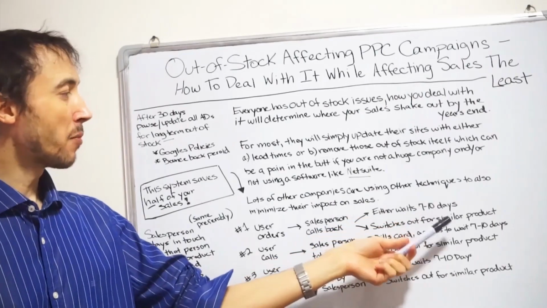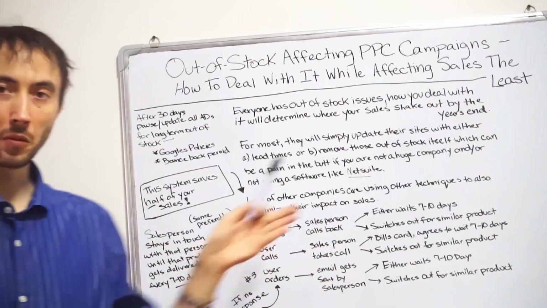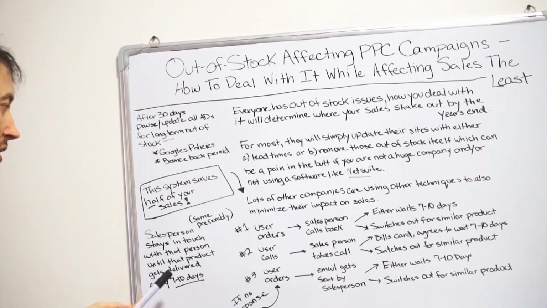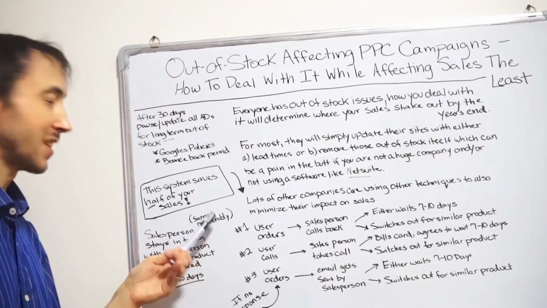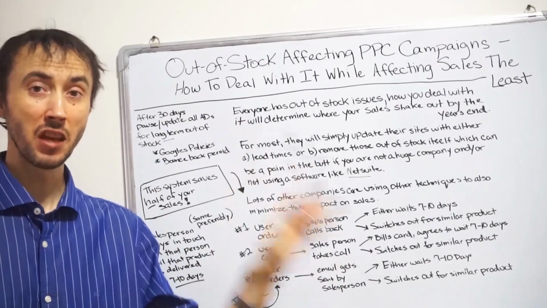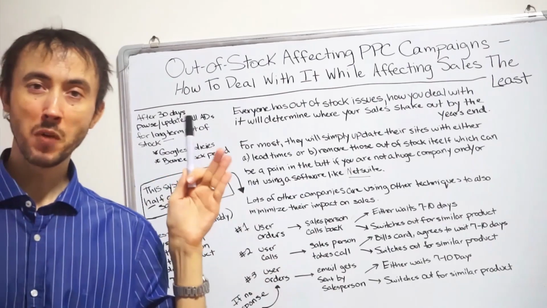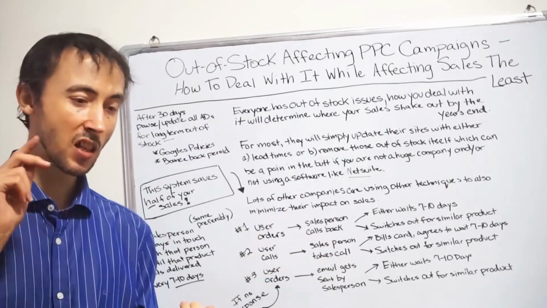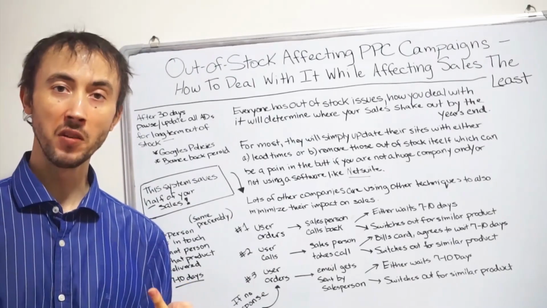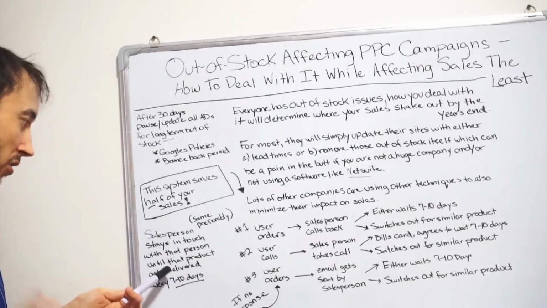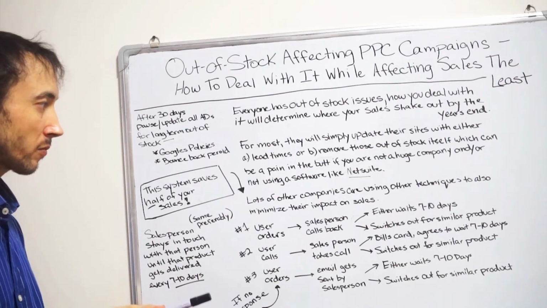If something does not come in stock within your 7 to 10 days, by the way, what you need to do to carry this plan the rest of the way out is you're going to have the salesperson, preferably, and this matters more than you think, the same person they talked to before, that same salesperson, call them back, or email them if there's no response by call. But make sure that person who does it, you tell them, don't be emailing them only, because people will get lazy and they'll email them only, and it doesn't work as well by email. Call them back after 10 days and say, hey, the product's not in stock yet.